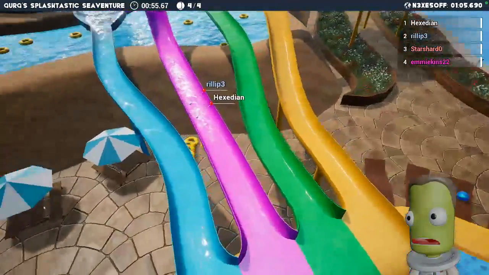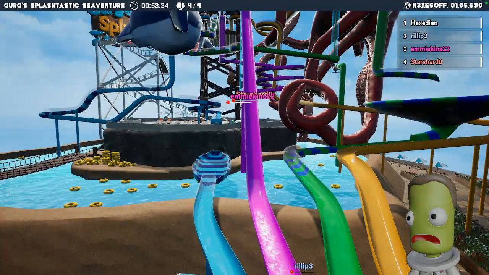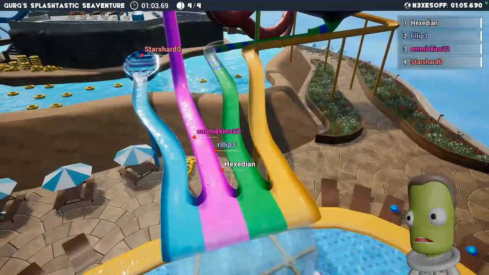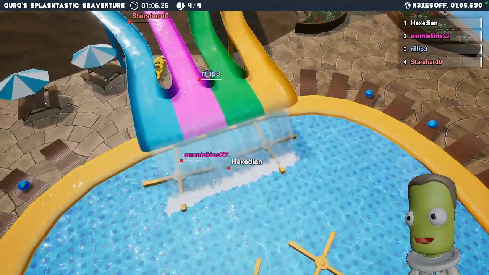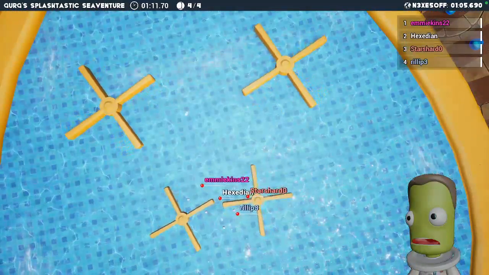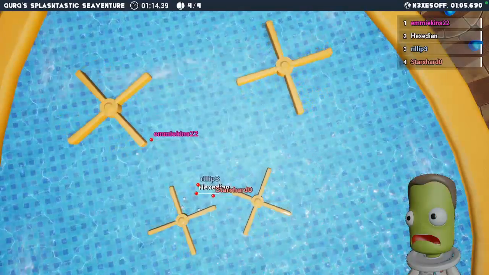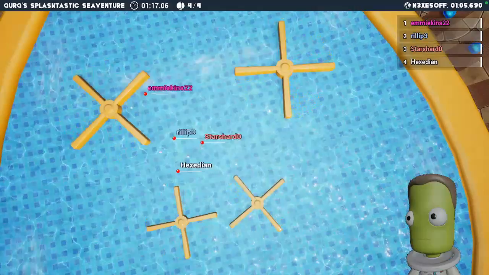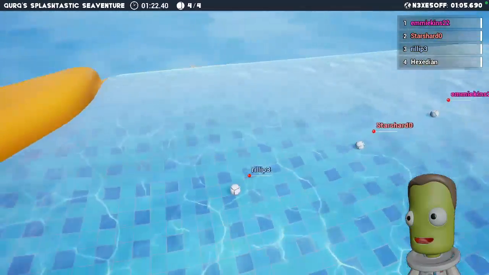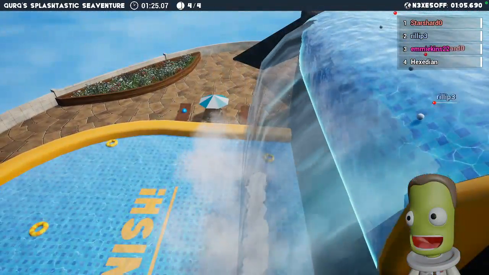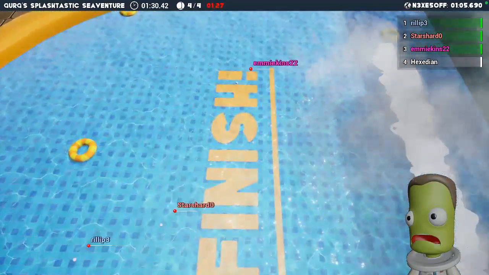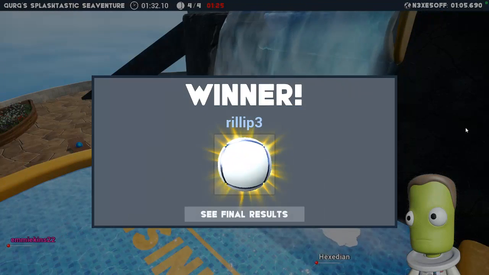Oh, you guys splashed down. Now you slowed too much. And me and Emmykins are bringing up the rear here. Speaking of rear, we came right out of that shark. It looks like Hex is gonna get it. Oh no, wait, there's more. Oh no, you guys got stuck. Okay, Emmykins is gonna get hung up on the little spinners. No, she's not. Oh no. Wait, Rilip. Rilip's doing something. There's still more. Here he goes, here he goes. Yeah, Rilip with first place. Hex in a very, very,